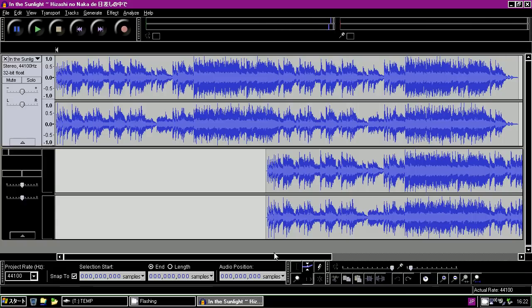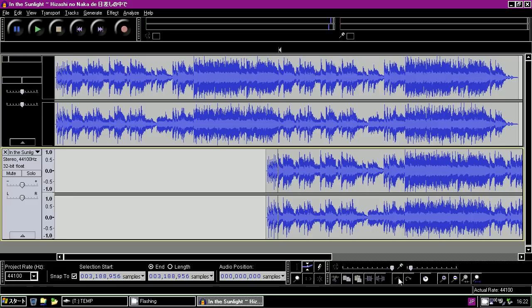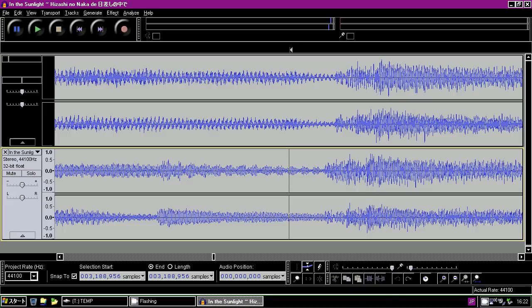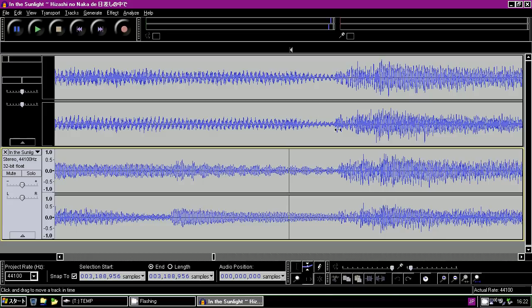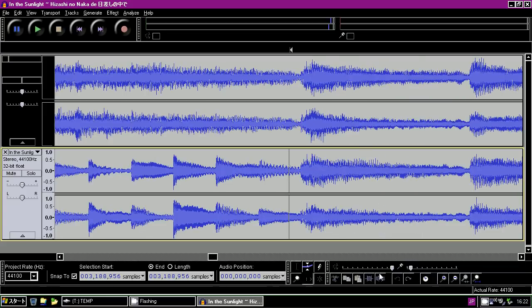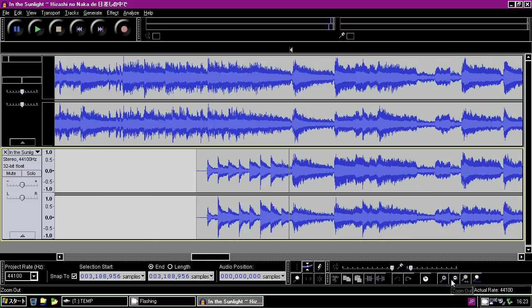Okay. And see, that's decently lined up, but I'm OCD and stuff, so I'm going to see if I can make it as close as possible. It's already pretty lined up.